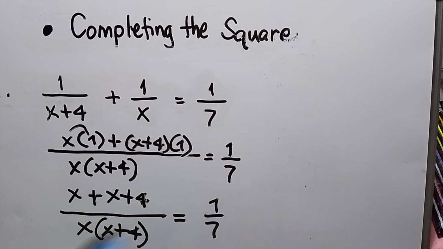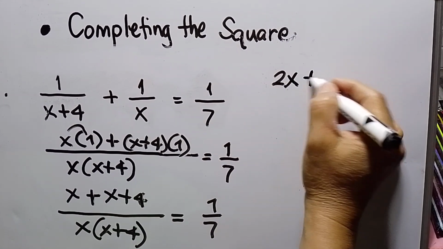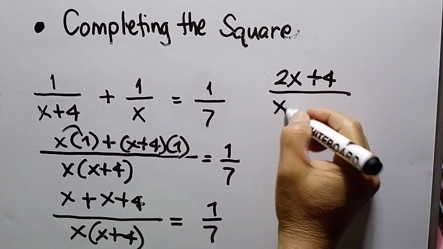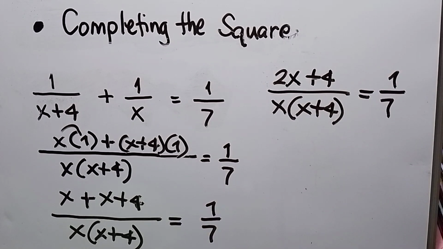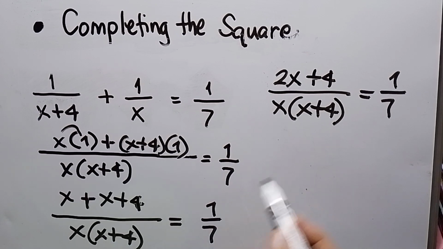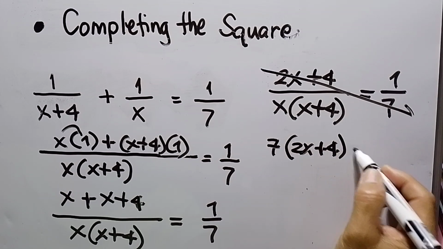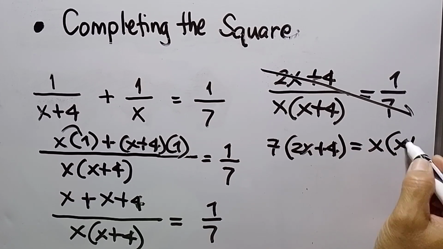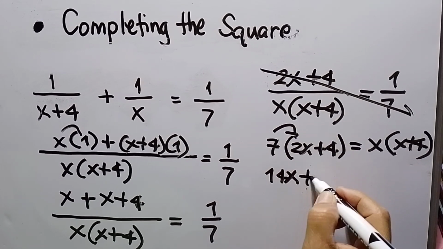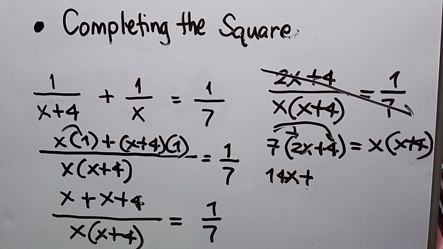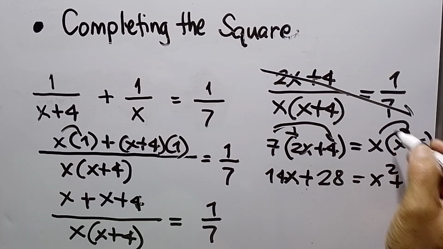Okay, need to simplify this one. x plus x, that will be 2x plus 4. Then copy the LCD, which is x times x plus 4, is equal to 1 over 7. Then apply cross multiplication. So this will be 7 times 2x plus 4 is equal to x times x plus 4. And then distribute. This will be 14x plus 4 times 7 is 28, is equal to x squared plus